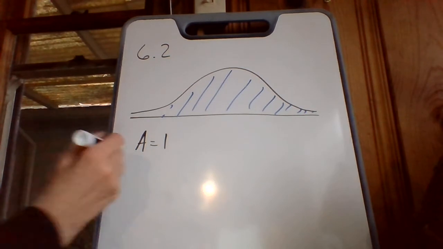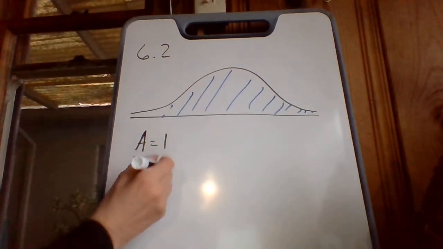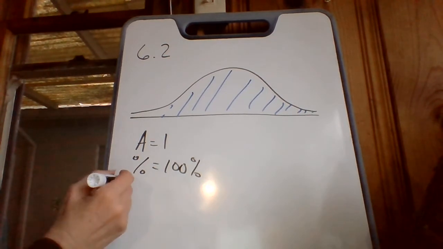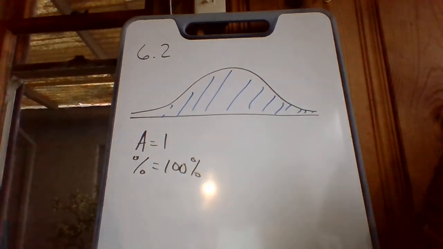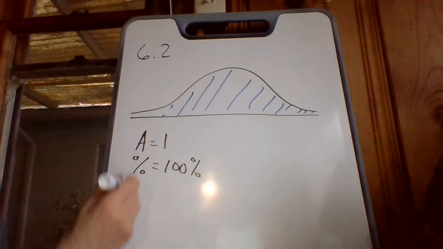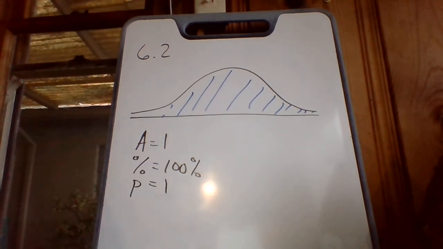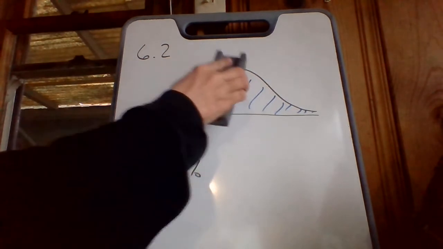The percent that's colored in is definitely 100%, because I know they're the same question. As long as I get the area 1, I can answer the others. If I throw a dart, it's definitely going to land in the bell. What's the chance it lands in a blue part? That would also be 1. Once you get the area 1, the rest of the questions are basically the same question. All right, now how about